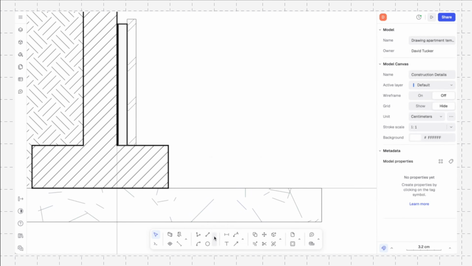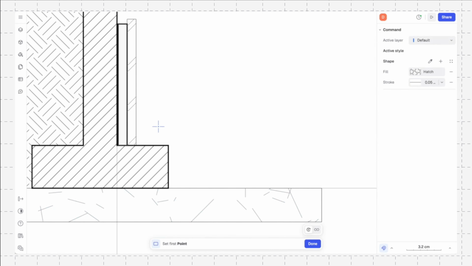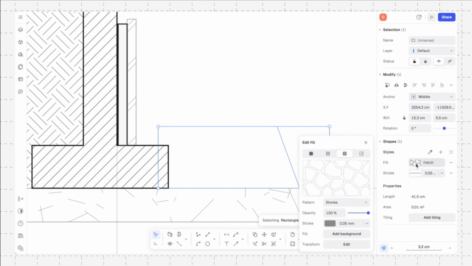Another useful tool is the trim function. I'm just going to very quickly show you how we draw a few